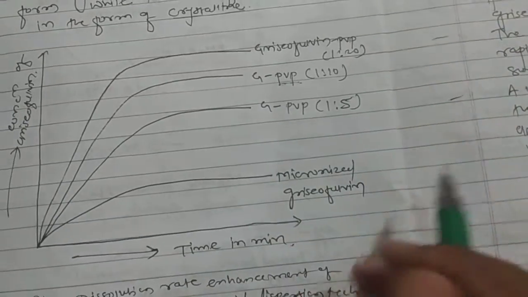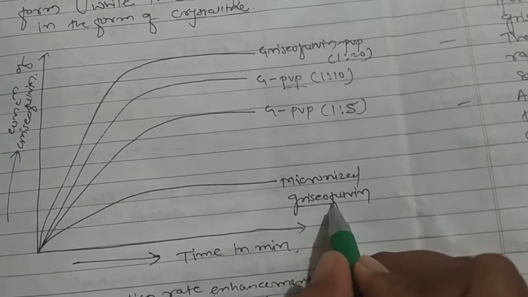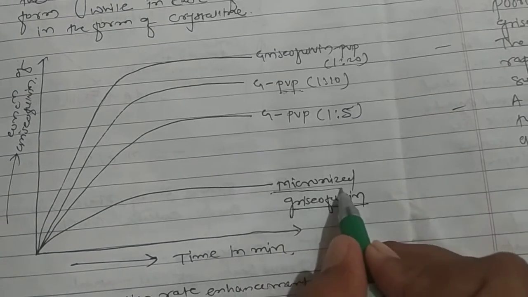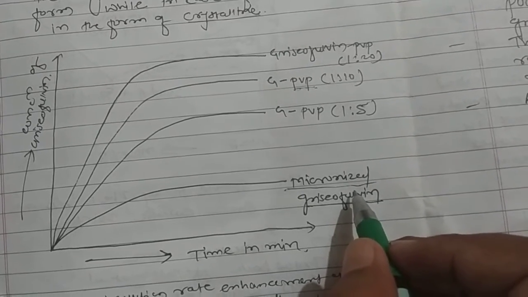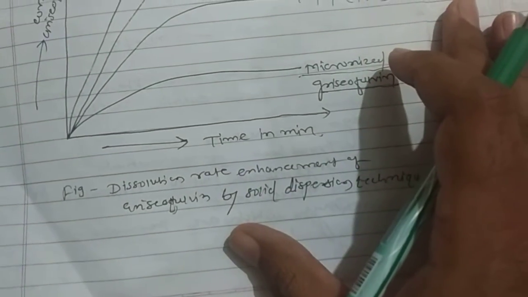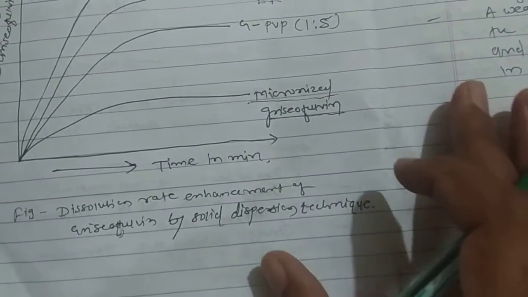Finally, as usual, our traditional method, that is micronized griseofulvin, that is griseofulvin by size reduction method, shows a very low dissolution rate compared to all these solid dispersion techniques. So this graph shows the dissolution rate enhancement of griseofulvin by solid dispersion technique. So our next method is